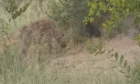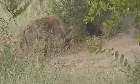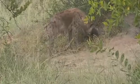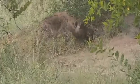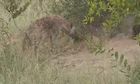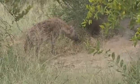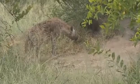I've been so focused on the hyenas. I've just been enjoying just watching them. I've actually phased out any sounds. It's quite amazing. The bird that is calling in the background that I think you are picking up is the oriole. It's just behind us in the tree. Black-headed oriole. Kind of going...